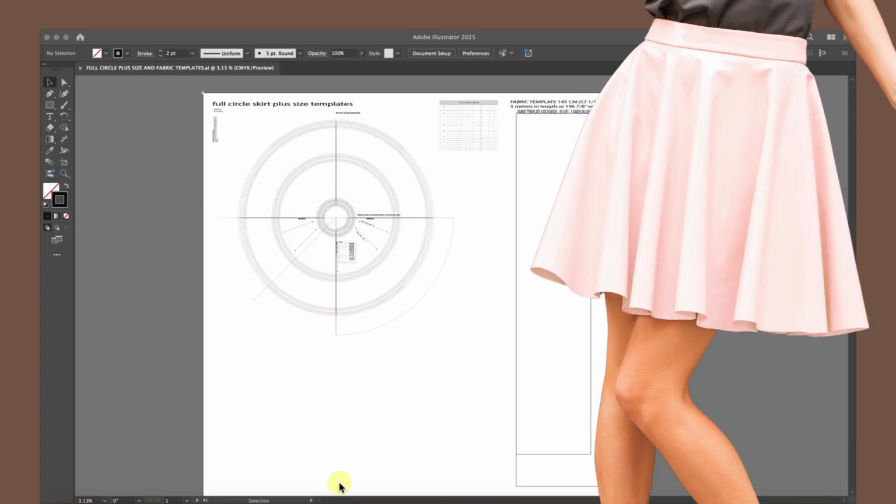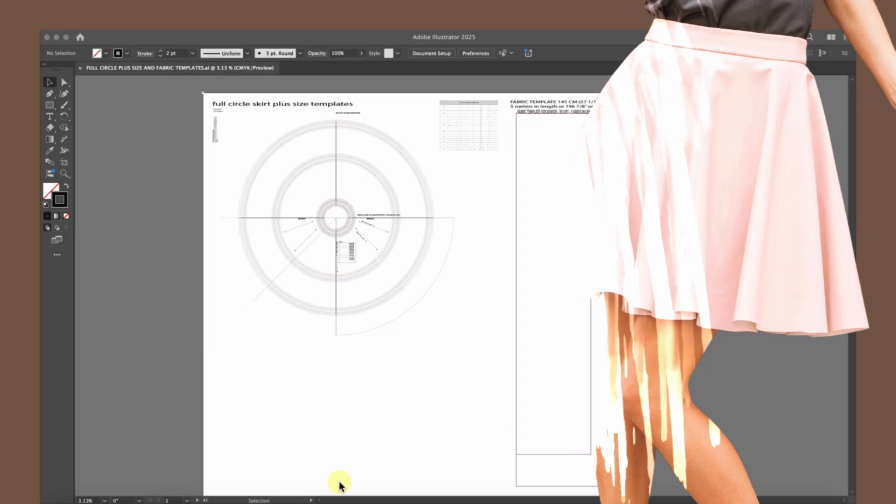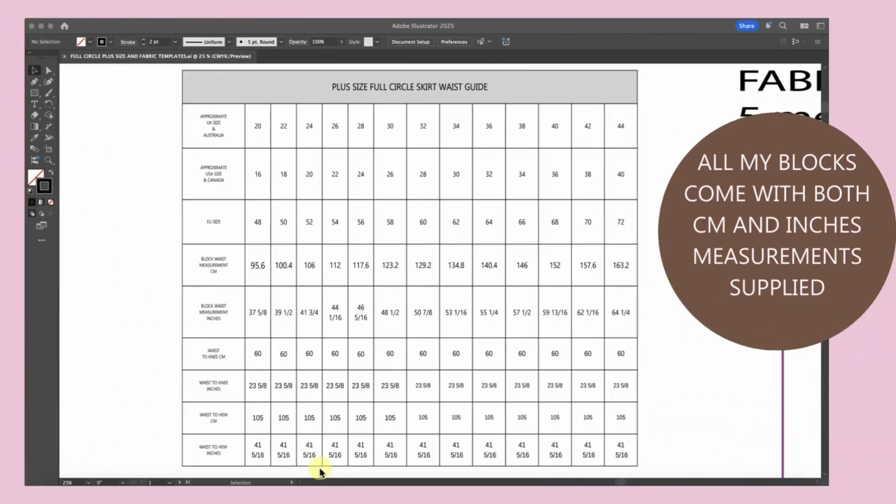In this video I'm going to give you a very quick run through of my full circle plus size templates so that you can make the most of this Adobe Illustrator file. I've zoomed in on the size chart that comes with the blocks just to give you an idea of the